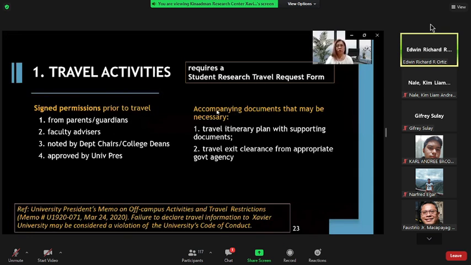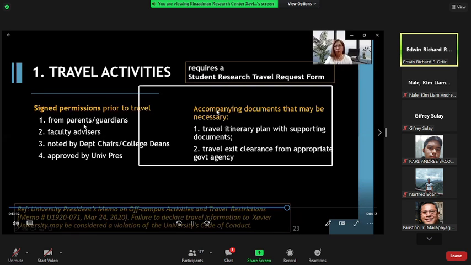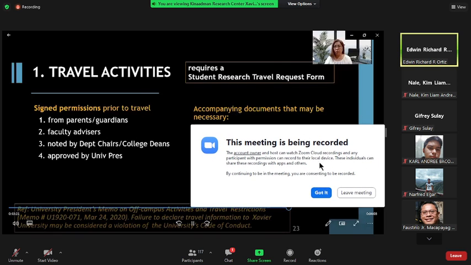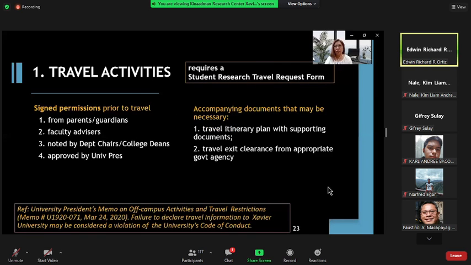Okay, so one is travel activities. So students would now be able to travel. However, this would require a student research travel request form where signatories will have to be present. For example, permission coming from parents and guardians, to be noted by the department chairs and college dean, and then approved also by the university